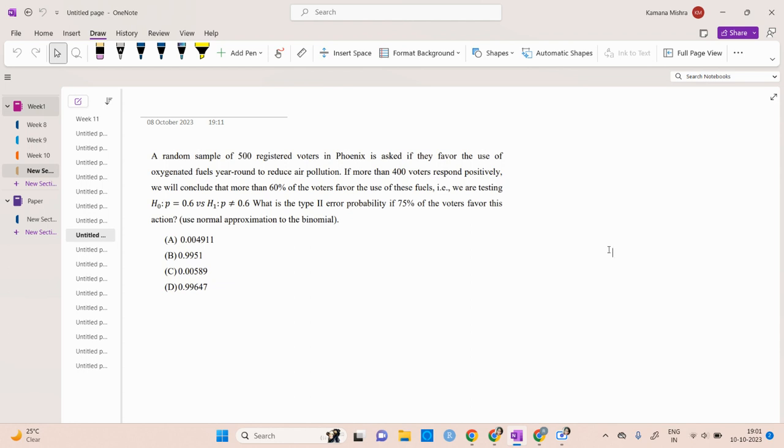If more than 400 voters responded positively, we will conclude that more than 60% of the voters favor the use of these fuels, right? So if x is greater than or equal to 400, then we will conclude that more than 60% are